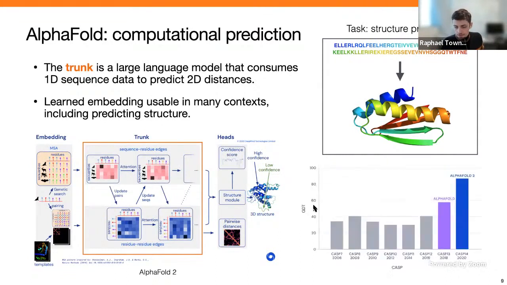And the end result is that this problem known as protein structure prediction has basically been considered solved by these kinds of techniques. This is a problem that people have been working on for decades. And the performance measure, in this case I'm showing this accuracy measure, GDT. The specifics of it don't matter so much, but what you need to know is it goes from 0 to 100. If you hit 100, you're doing perfectly.